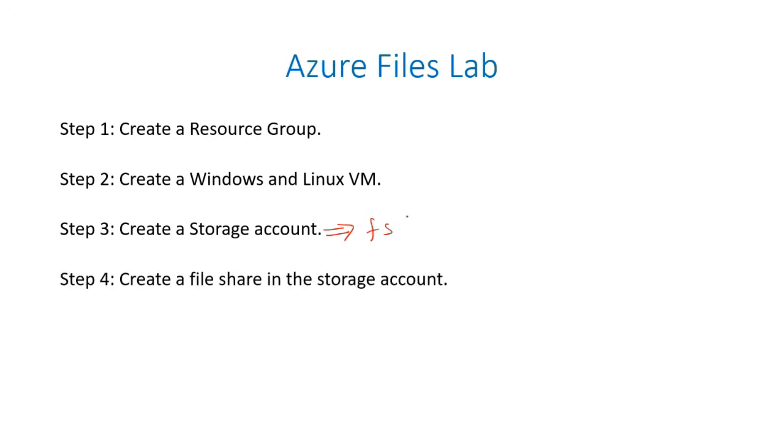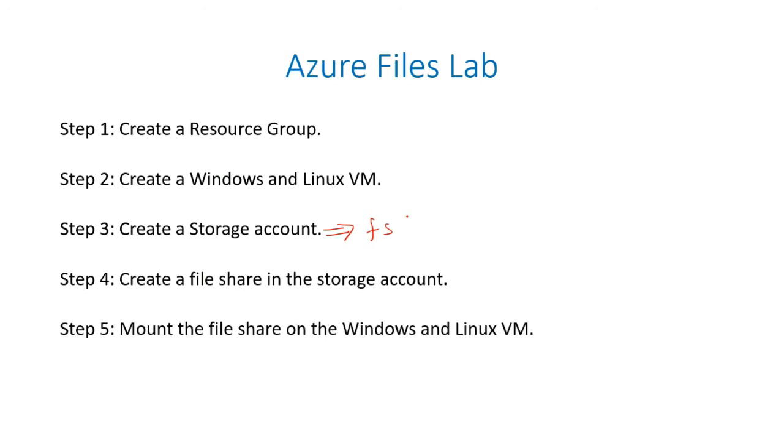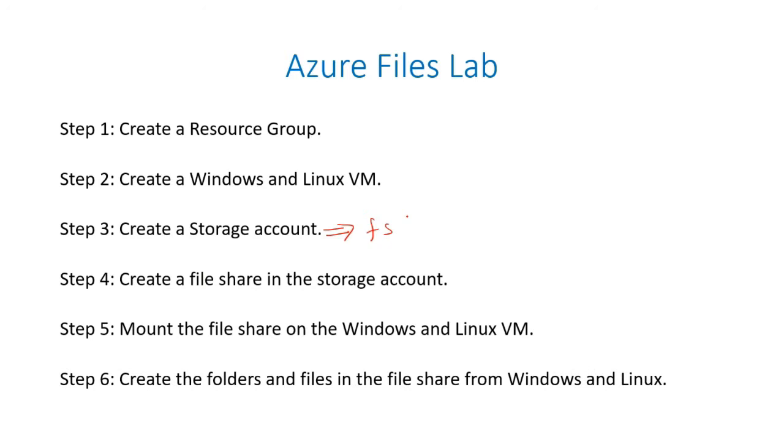Step number 4, we are going to create the file share in the storage account. In step 5, we are going to mount the file share concurrently on Windows as well as Linux virtual machines. And in step 6, we are going to create the folders and file in the file share from Windows and Linux machines. So what we are going to do, there is a Windows virtual machine